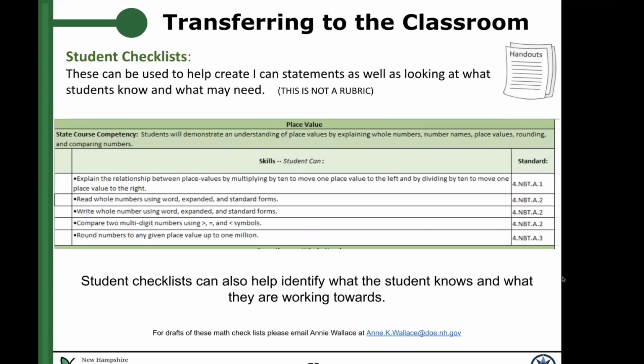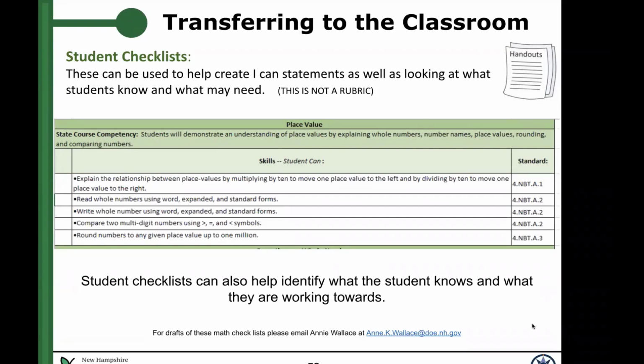And here's an example of a math one, and drafts of these are up in the folder that you'll get the link to tomorrow. But it's taking a course competency that's been written to be a little more grade specific rather than the model competencies that are currently up there. So that's an example of something that's a little more course specific.